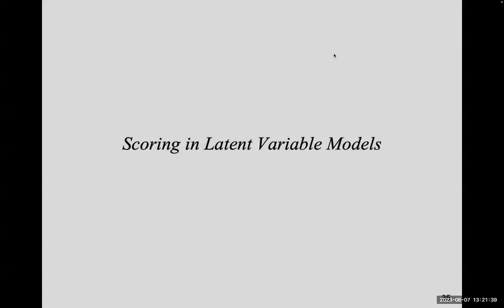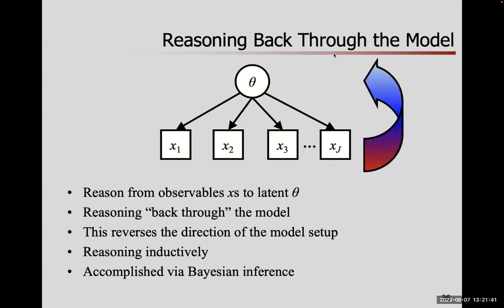What about scoring or inference? Well, we've got to go the other direction. We observe the x's. That's the observed scores in an assessment. We need to reason back opposite the flow of the model setup. We need to go back the opposite direction to reason up to the unknown, in this case, the latent variable. Okay. Everyone see this? We've got to chart our course the opposite direction of the flow of this model setup. What is our mechanism for reversing that directionality? Bayes inference.